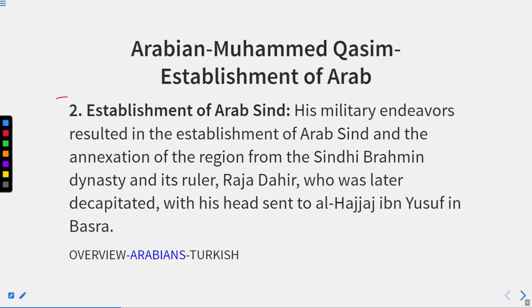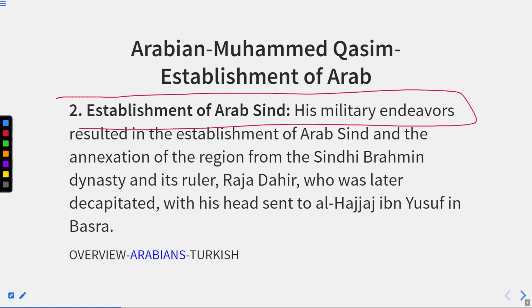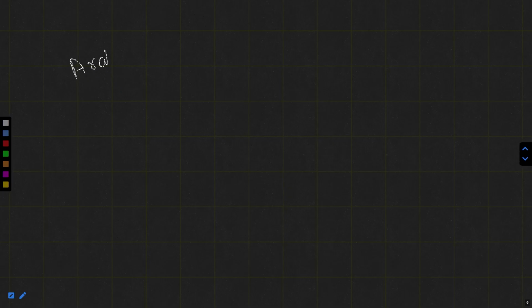Thereafter, establishment of Arab Sindh. His military endeavors resulted in the establishment of Arabian Sindh and the annexation of the region from the Sindhi Brahmin dynasty and its ruler Raja Dahir, who was later decapitated with his head sent to Al-Hajjaj ibn Yusuf in Basra. Okay, so basically what happened when the Arabians